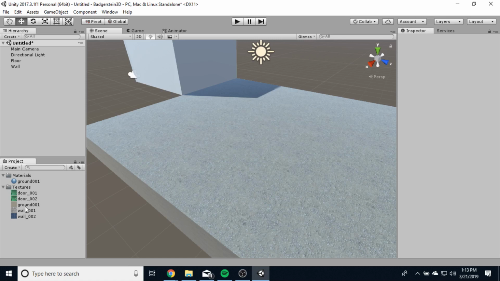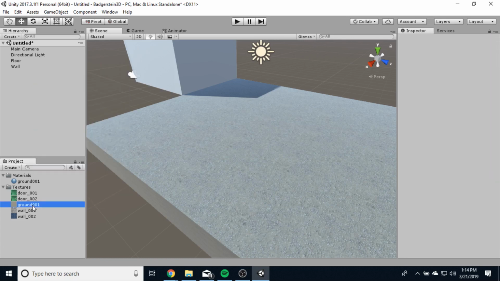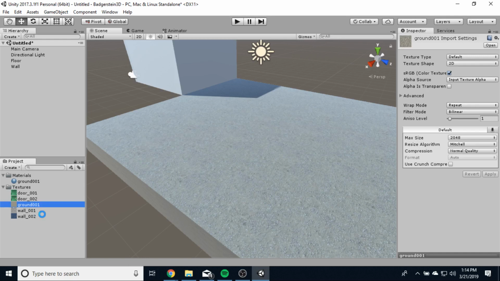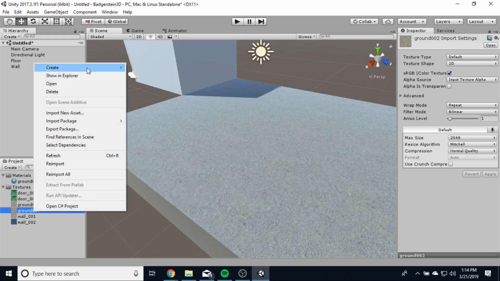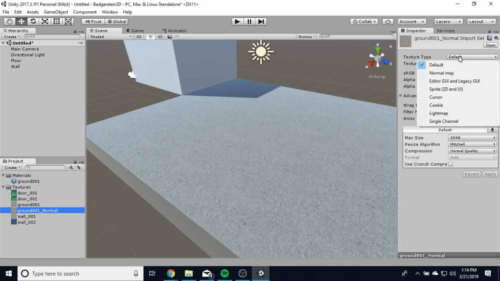I'm also going to create a normal map for this ground. So I'm going to duplicate my ground here. So let's, I guess we'll do it with this. So Control D to duplicate. And then I'm going to rename this to ground 001 underscore normal. Okay. And then I'm going to change this texture over here from texture type default to normal